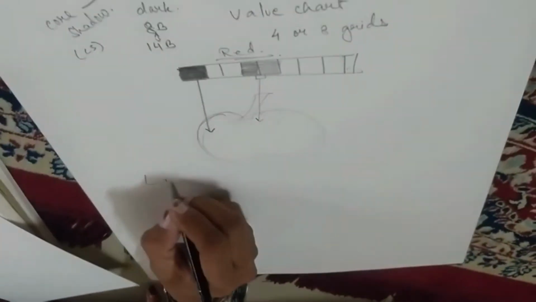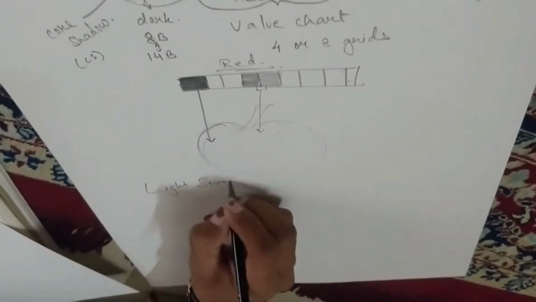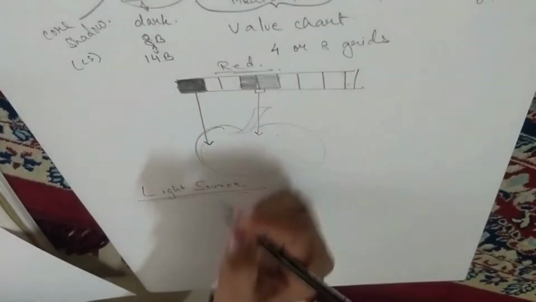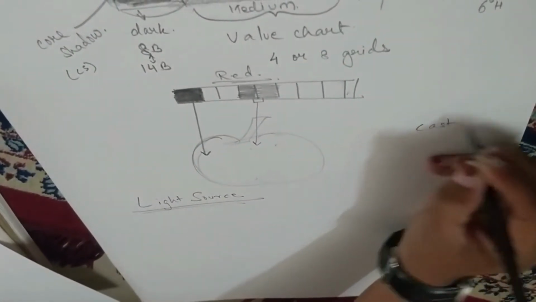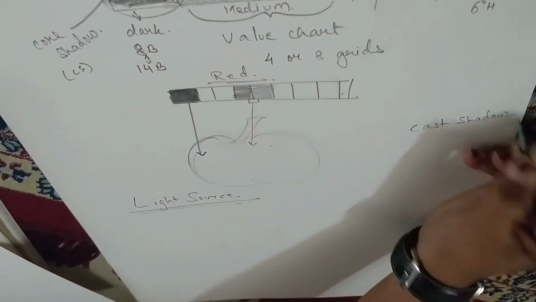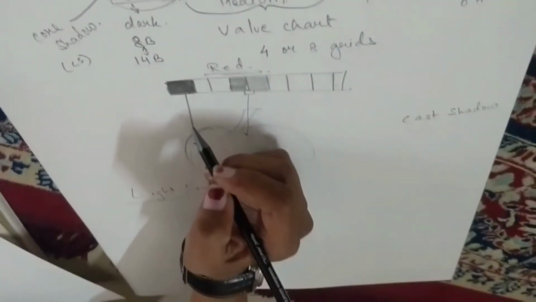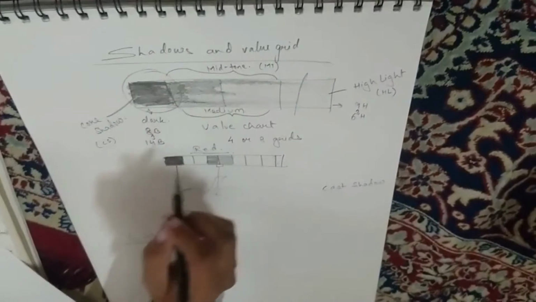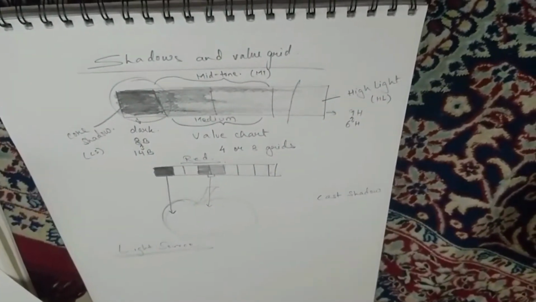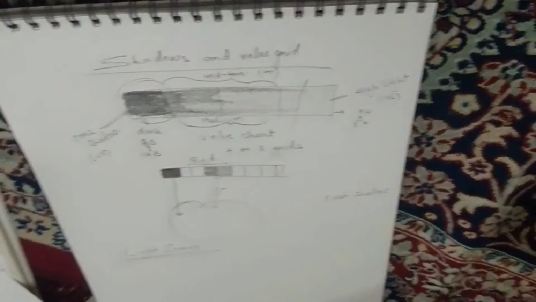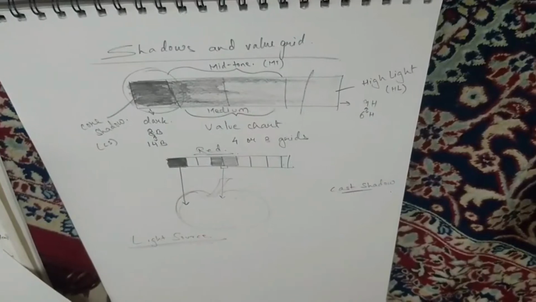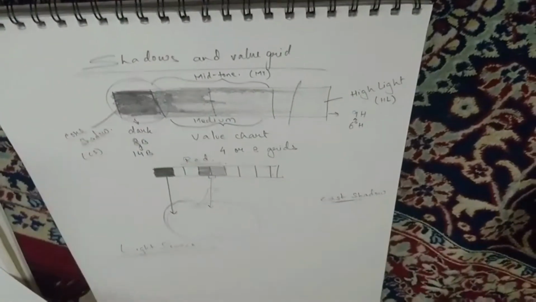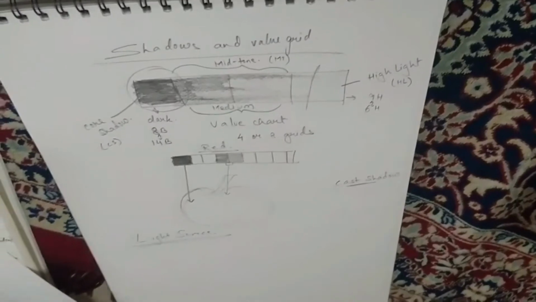let's move to the next one, that is light source. Okay. In this, I'll come back to the apple again, because we also need to understand the 4th shadow, which is cast shadow, which is not seen in the value chart. This is one shadow which is not seen in the value chart, because the value chart gives us only the gradation and variation in the shadow. Okay, now cast shadow is nothing but the shadow of any object, even including human beings, anything that has a shadow is called cast shadow.